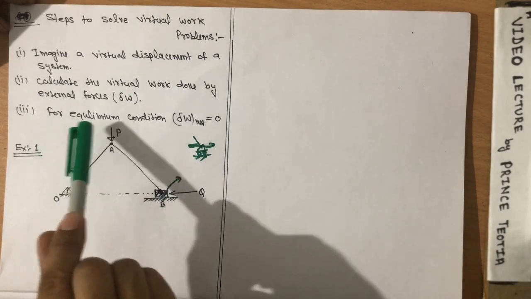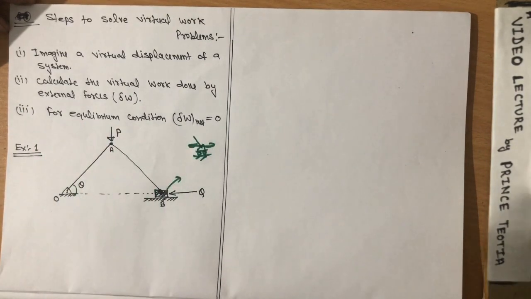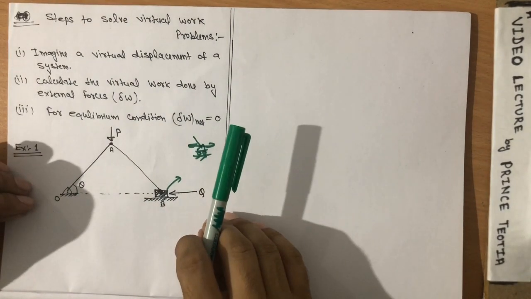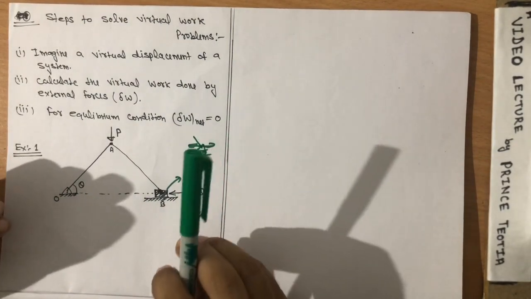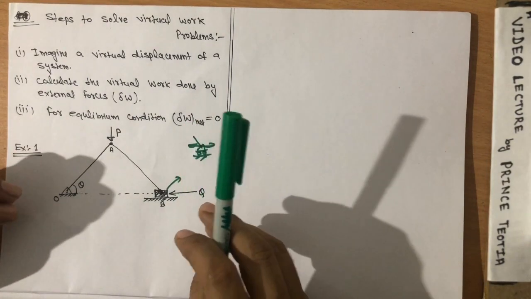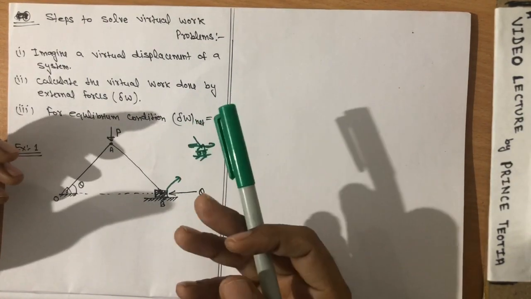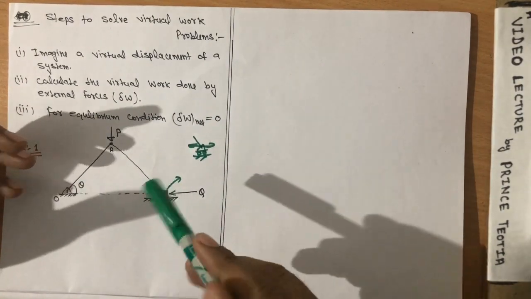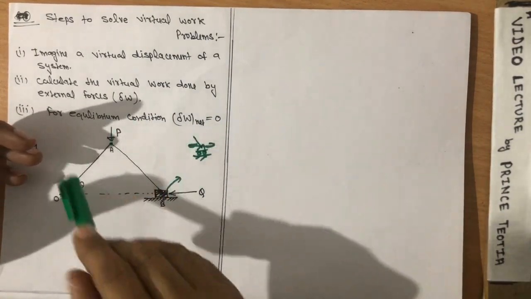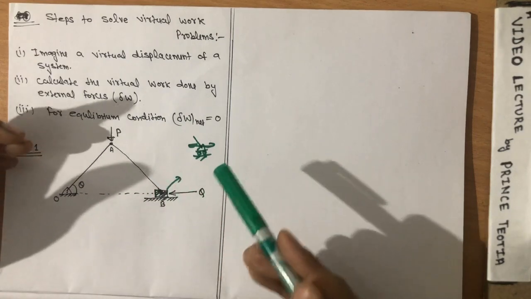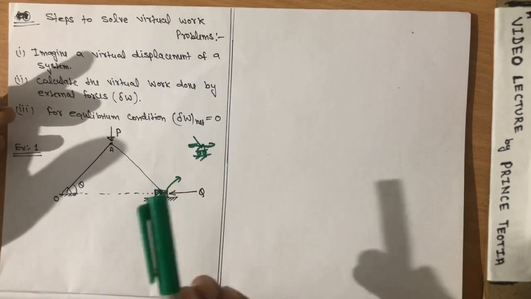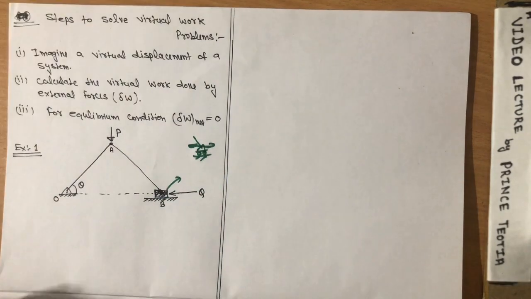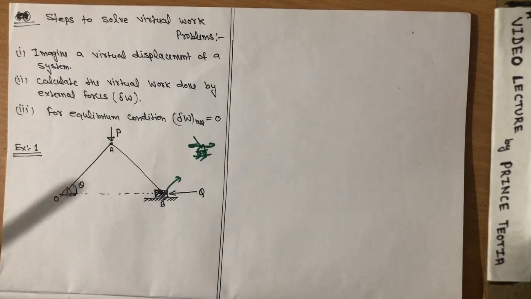Then for equilibrium condition, because already the system is in equilibrium, हमने सिर्फ असूम किया है, जो डिस्प्लेसमेंट हमने सिर्फ असूम किया है. तो जब असूम किया है, इमेजिन करके ही फाइंड आउट किया है, तो वो इमेजिनरी है सब. तो क्योंकि सिस्टम इक्विलिब्रियम में है, तो summation of all the virtual work will be zero होना चाहिए. So that is the condition of the equilibrium. Okay, so इस क्वेश्चन को ध्यान से समझ लो.